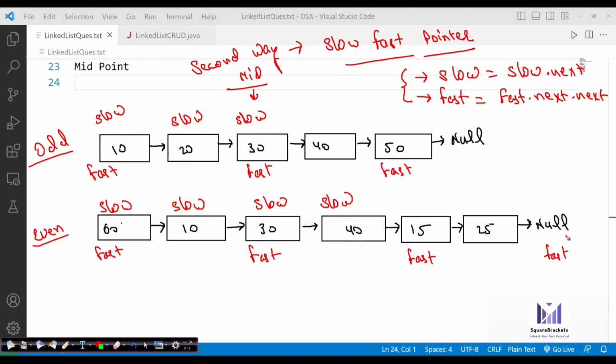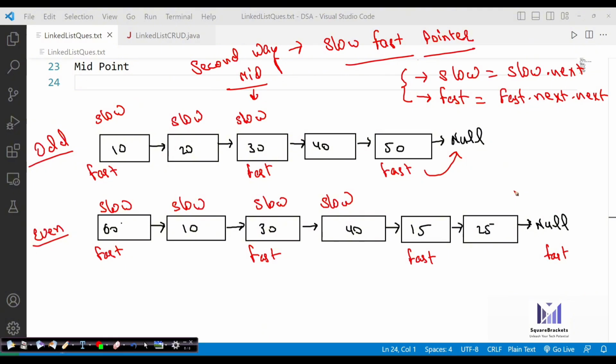So this simply means either that fast.next is null. We have a condition that fast.next equals null, and then there is another condition that fast equals null. So we can simply iterate until fast becomes null or fast.next becomes null. Till then we can keep on moving our slow and fast pointers and it will work for both even and odd cases. One single loop will work for both even and odd cases. We don't have to check how many nodes we have, either even or odd. Just keep on moving your slow and fast pointers.